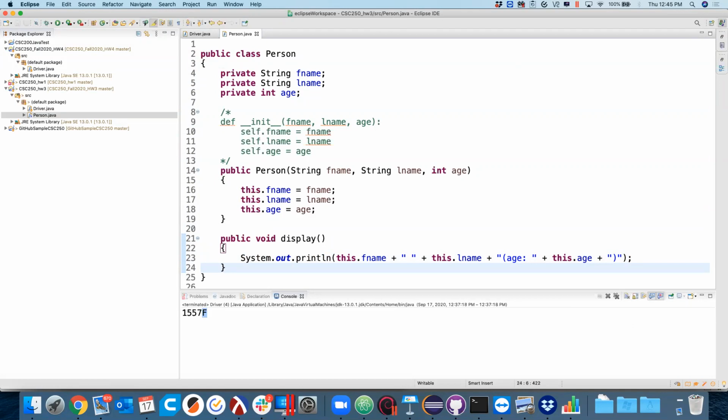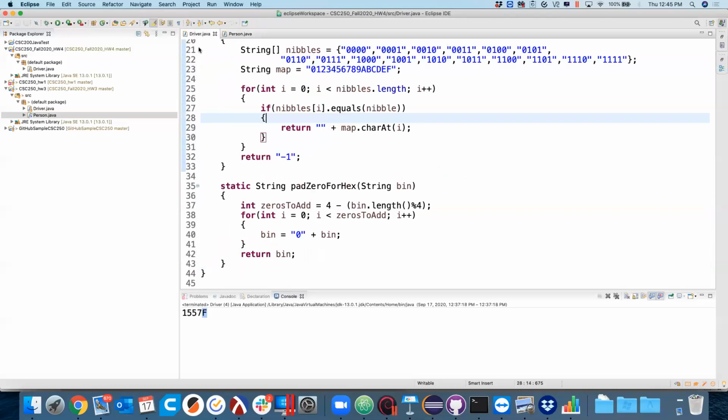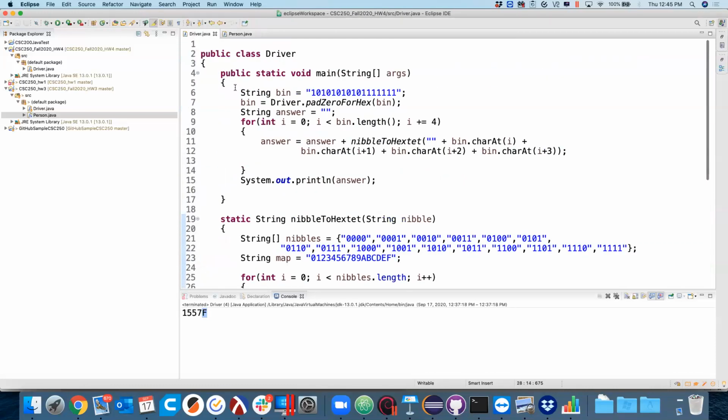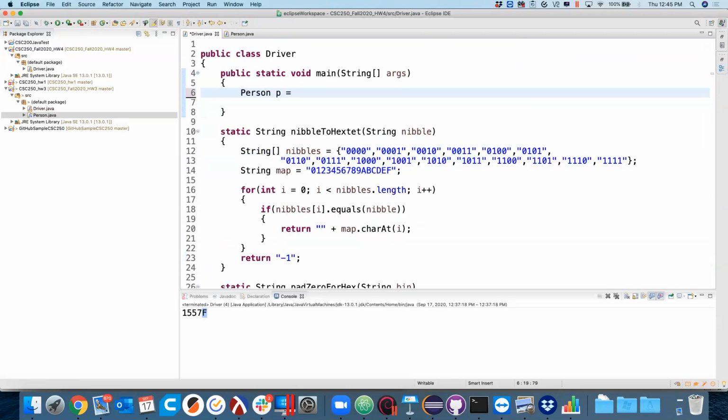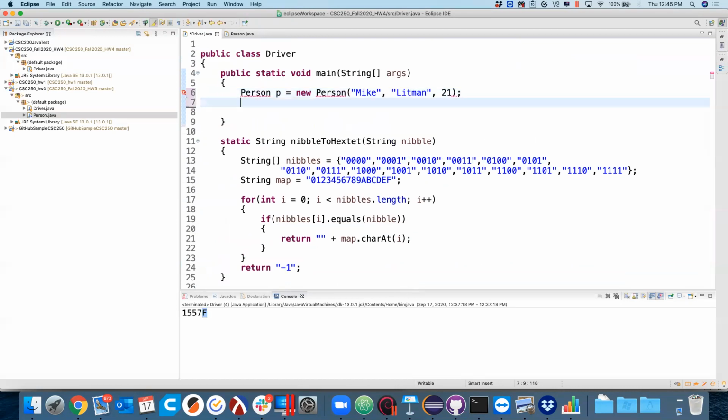So now I can create people with first names, last names, and ages, and then I can ask those people to display themselves. So I'll go into driver here. I'll go ahead and create a person, p is equal to a new person, Mike Littman, just turned 21, and we'll say p dot